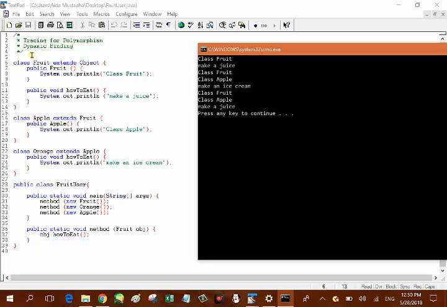So first, we execute the no argument constructor in class fruit, whereby we will print in the console "class fruit". Once we have created the object fruit, we will go to apple and execute the line inside the no argument constructor in apple, which is system.out.println class apple, which is this one. Once we have created apple, now we return to orange and we create